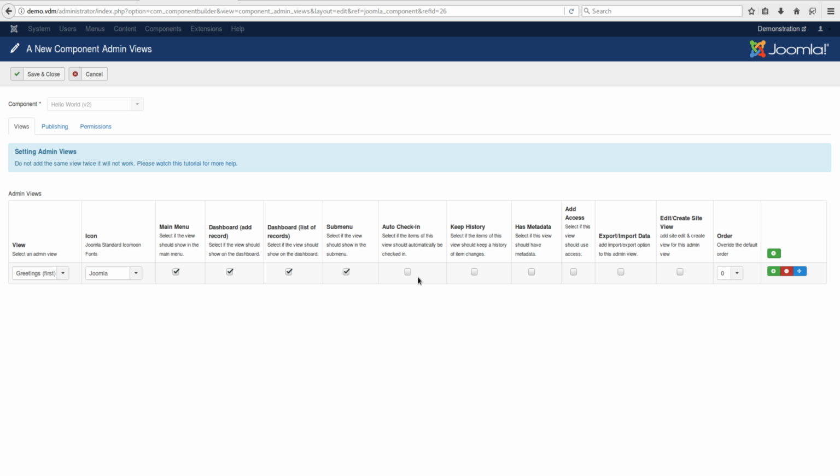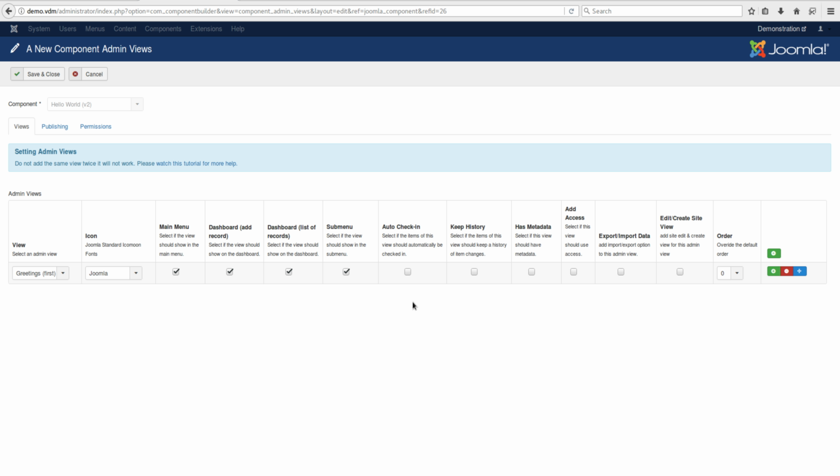The problem we've seen though is that this checkout can be problematic because people don't save. They just open it maybe to have a look at it, and then instead of clicking cancel or close, they just click back, and the item doesn't get checked back into the database. So the auto check-in feature is a nice add-on that JCB has set in place, which basically you can set that an item which is checked out longer than a day is obviously one that was missed and should be